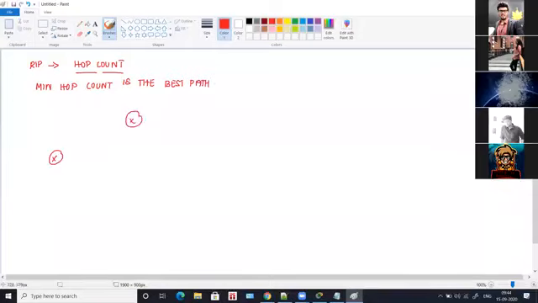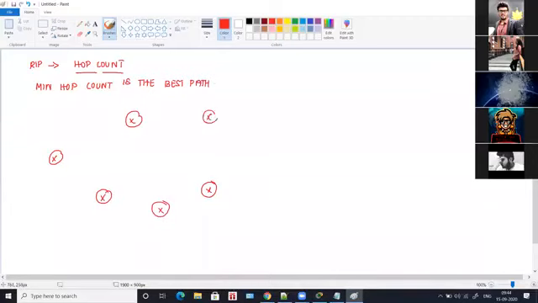I'll just draw a diagram here. Let's say you have one stop here, two stops here, and maybe three stops here. This, this, this, and this, and we'll connect this also.